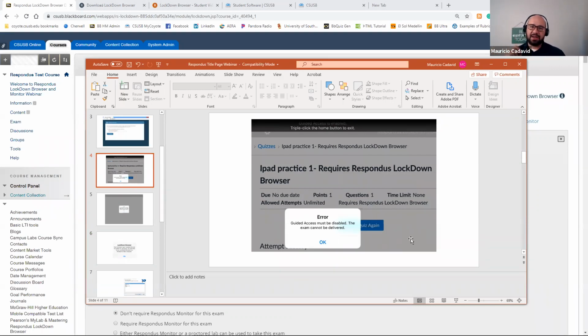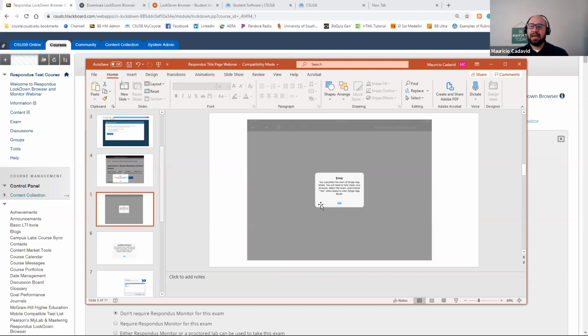But the student does not have access to the administrative settings panels to disable guided access, because all iPads come with the basic guided access already enabled. That's how you're able to double tap, and that's why you're able to use two fingers for your notifications. All of that gets disabled in the iPad. The iPad just becomes this one screen in which they cannot do anything with their fingers because everything else is disabled. So if they're going to use their iPad, they need to, one, allow